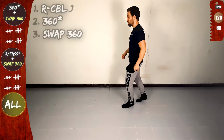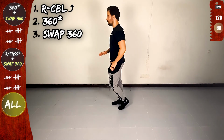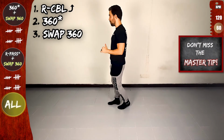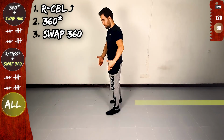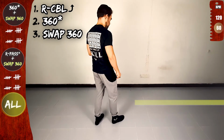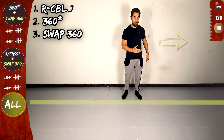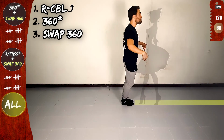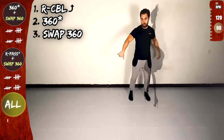now basic slow, and let's do a longer sequence, yes. RCBL offline, 360 with an anchor and swap 360, let's go. Front, in place, side, cross to the back, open, in place, now 360 with an anchor, on the line, twist, open, in place, on the line, anchor, now swap 360, back, cross to the front, open, cross to the